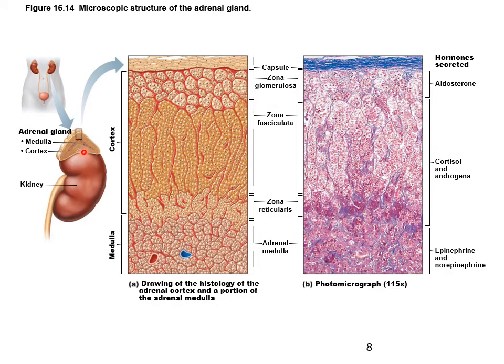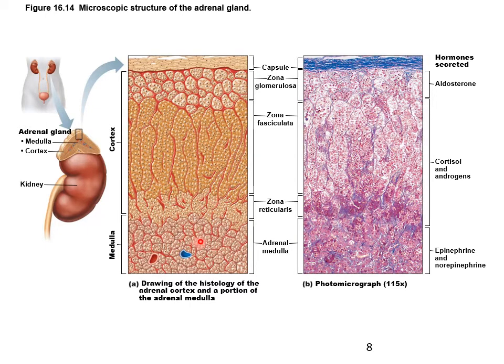So here's the adrenal gland. They've cut a little chunk out here. There's the capsule on the outside. There's the zona glomerulosa. It looks like little balls. There's your linear cords, the zona fasciculata, and there's the zona reticularis, which is supposed to look net-like. And then in here, this is the adrenal medulla. This is neural tissue that produces, remember, your epinephrine and